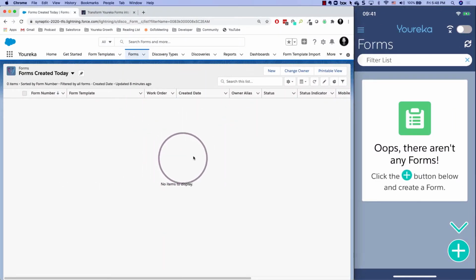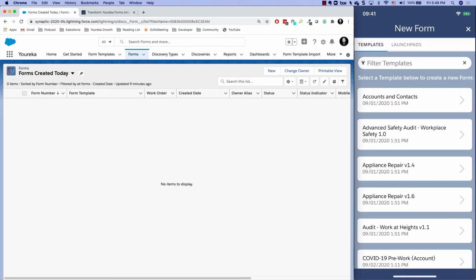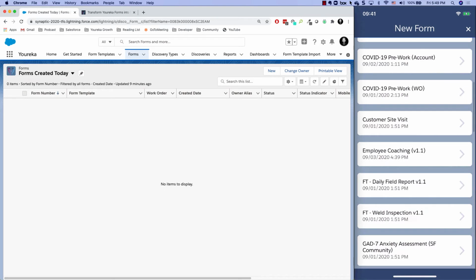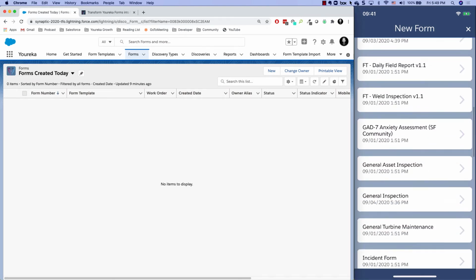on the left, and my iPhone, which we see here on the right. We're going to start on my iPhone as somebody who's out in the field filling out an inspection. So what we can do is from here, if any forms have been assigned to us, we can go ahead and click on those. But because there aren't any forms yet, I can click on this little green button in the bottom corner, and I can select any of the form templates that have been assigned to me to be able to use. So for example, we're going to use this general inspection right here in the middle of the